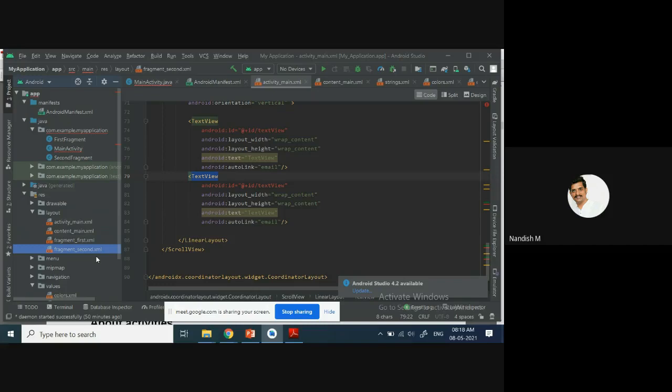Each one is called an activity. For us, it looks like a screen. But in Android, we are going to call it an activity. Is it clear? What is called an activity? An activity is one screen in your app.